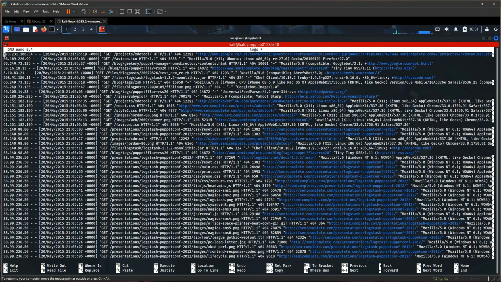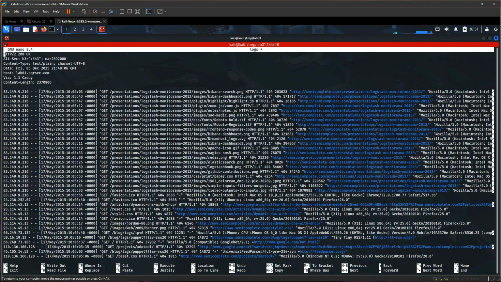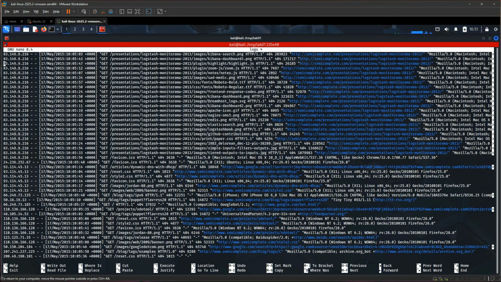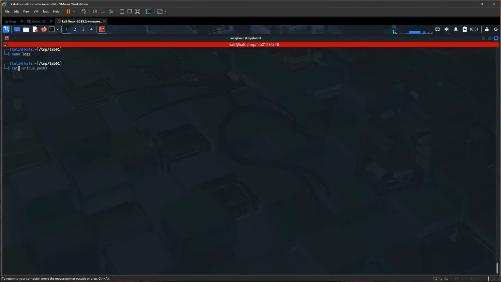Okay, now that we have pasted everything here, let's delete those lines and keep only the logs, save the file and see the word count. So we have 10,000